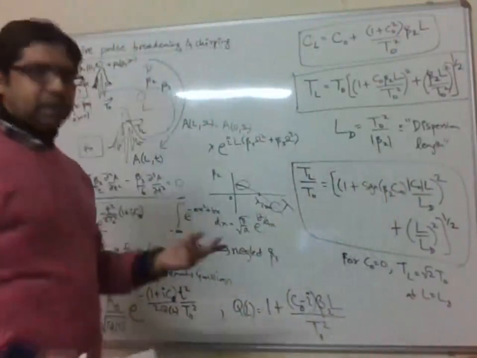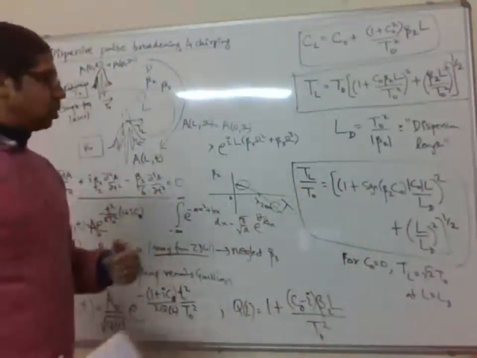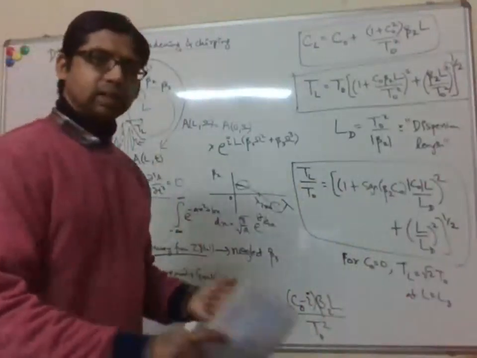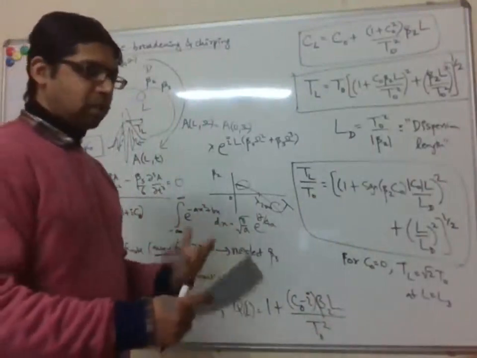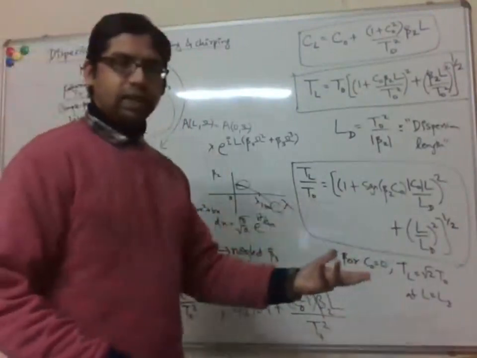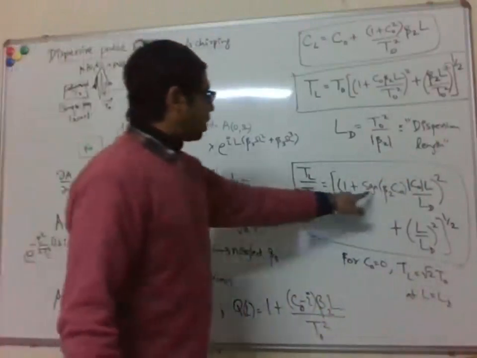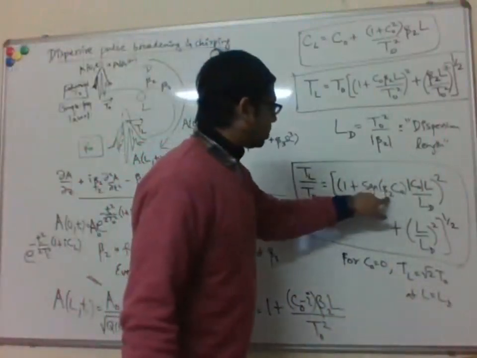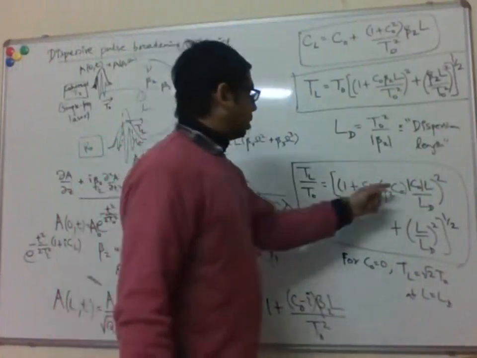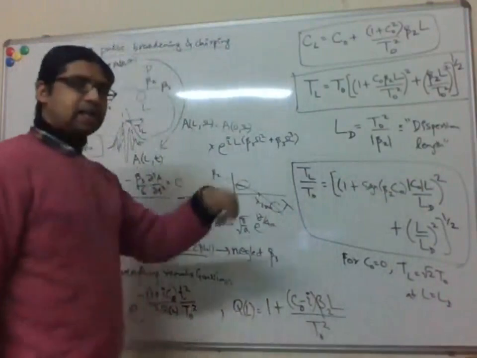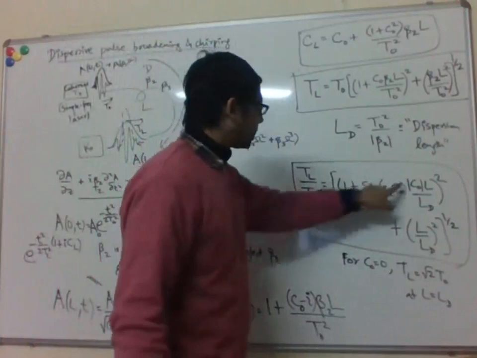So the fiber, due to its dispersion, is introducing a chirp, and then you have an initial chirp on the pulse, right? So if these two are of the same sign, right, then you can see that basically the fiber will make the chirp of the pulse even worse, right? It's adding on the same sign. So the pulse will broaden more, right? So if beta 2 and C naught are of the same sign, then basically the chirp added due to the fiber adds on top of the initial chirp and you get more broadening. This factor is larger if this is positive,